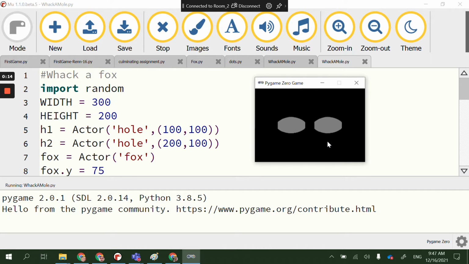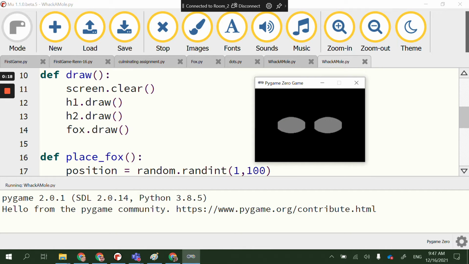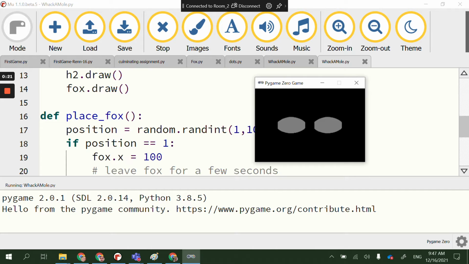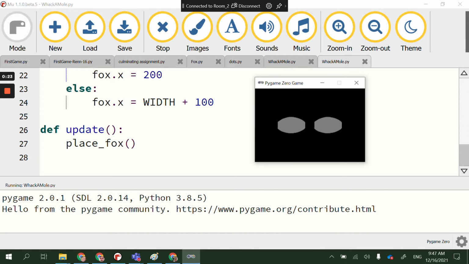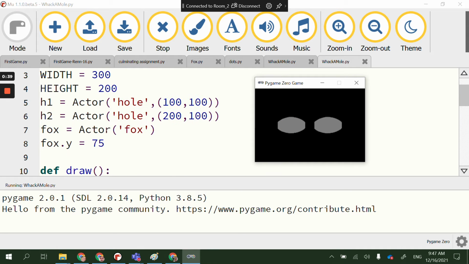So what we want to do is have some sort of a countdown, because currently we have a function that says place fox, and that gets called every single time the update function is called. And the game updates, I think, 30 or 60 times, 50 times a second, which is way too fast. So we only want to place the fox if a certain amount of time has elapsed, right? So why don't we create some sort of a timer function,